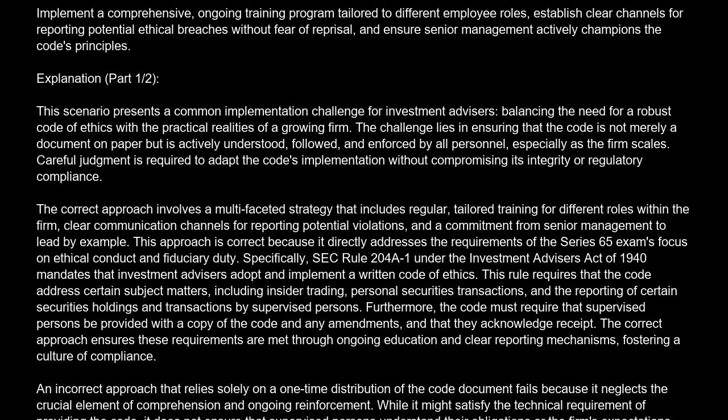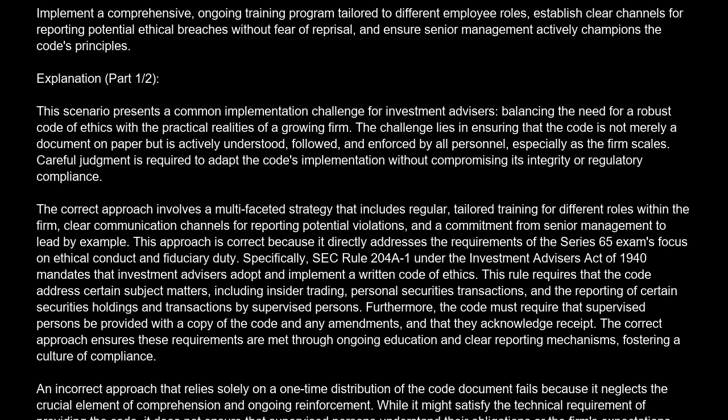The correct approach involves a multifaceted strategy that includes regular, tailored training for different roles within the firm, clear communication channels for reporting potential violations, and a commitment from senior management to lead by example. This approach is correct because it directly addresses the requirements of the Series 65 exam's focus on ethical conduct and fiduciary duty. Specifically, SEC Rule 204A-1 under the Investment Advisers Act of 1940 mandates that investment advisers adopt and implement